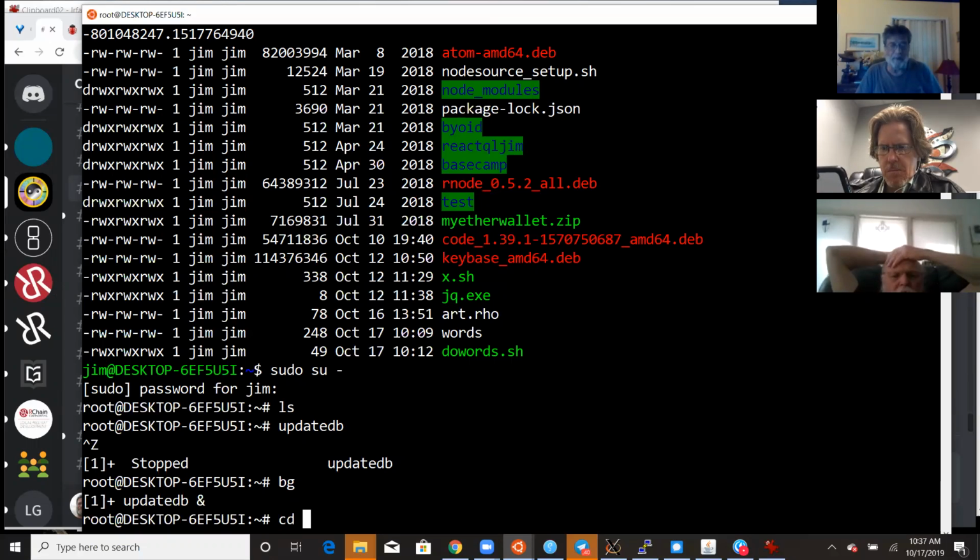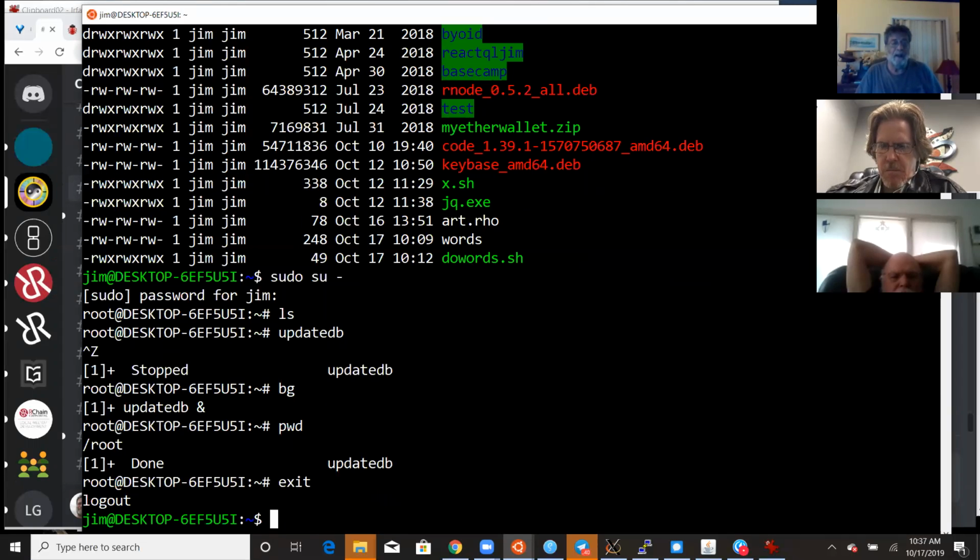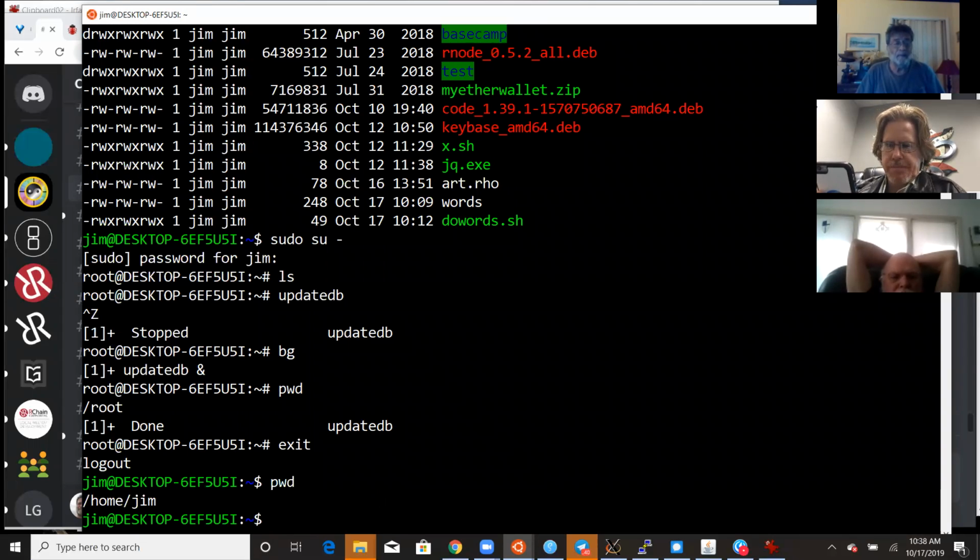So I can do a CD. Well, first I'll do a PWD. I'm in /root now. So if I do an exit, PWD, I'm in home gem. But where I want to be is in my Windows file system, where I have a file.